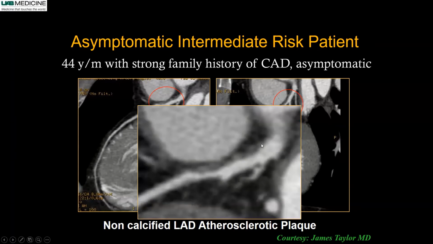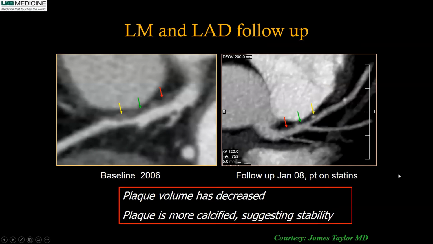This plaque is extending from left main into the proximal LAD. And in fact, if you look at the lumen, this is approximately 50% or maybe slightly more narrowed, but he is asymptomatic. In addition, he did have other disease elsewhere in the distal LAD as well as RCA. So based on all these findings and his family history, he was put on statin, and we got another follow-up